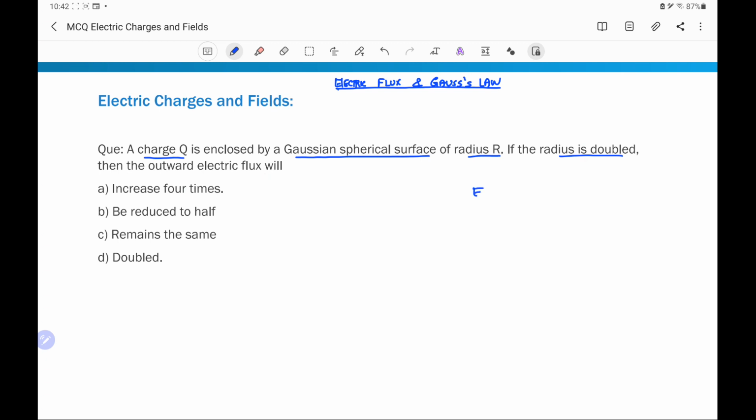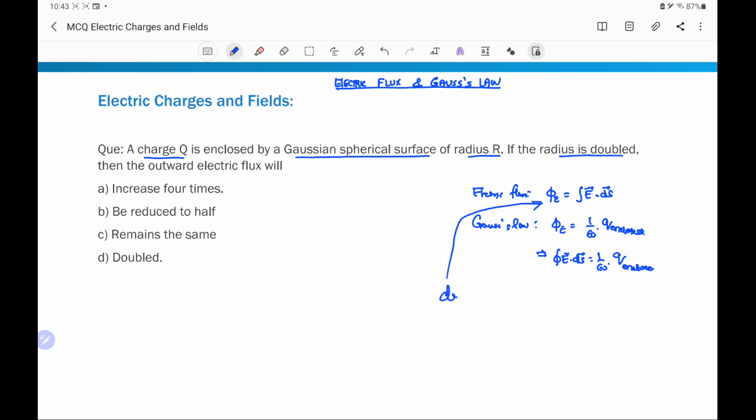We know that electric flux phi E is equal to the integral of E dot ds. This is the dot product of the electric field and the elementary surface area. And Gauss's law states that this electric flux enclosed by a Gaussian surface is 1 by epsilon naught times the charge enclosed by the Gaussian surface. This implies that the integral of E dot ds equals 1 by epsilon naught times the charge enclosed. Here it is important to note that this electric flux